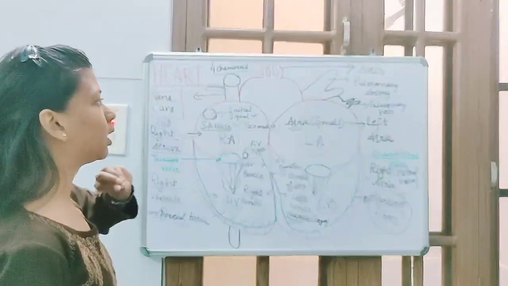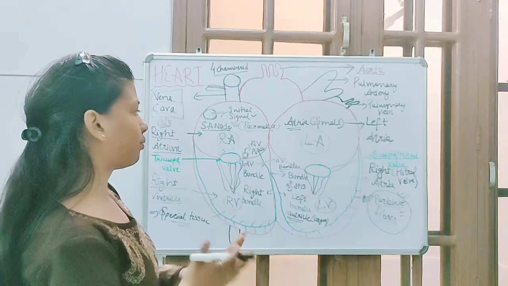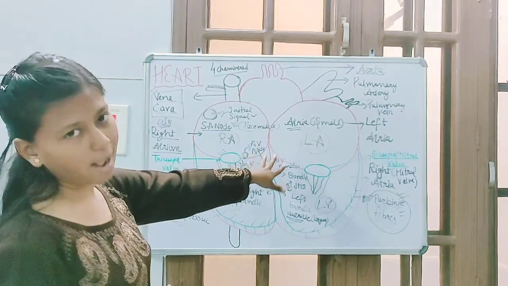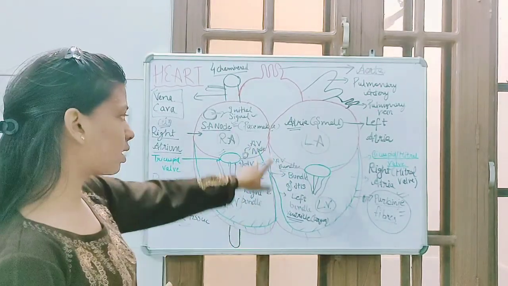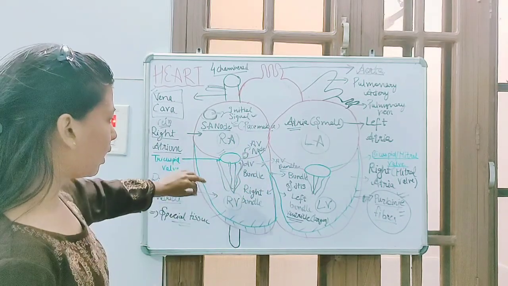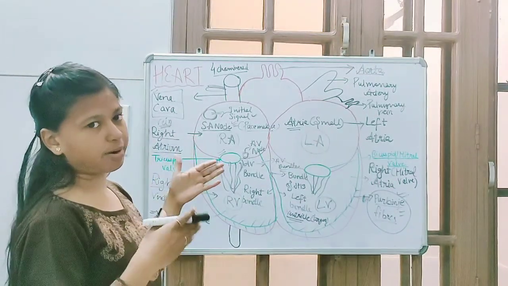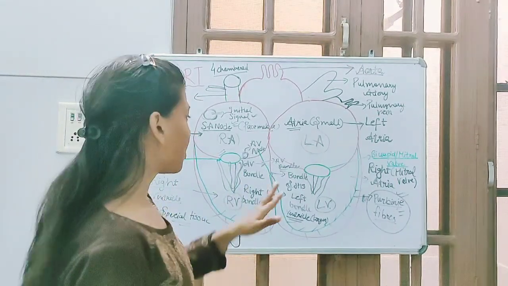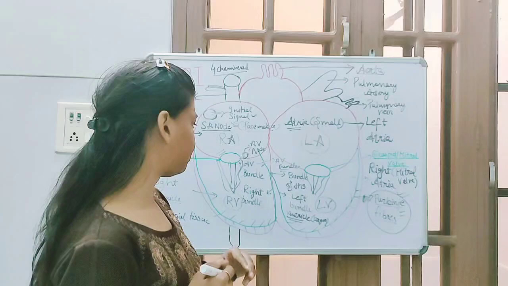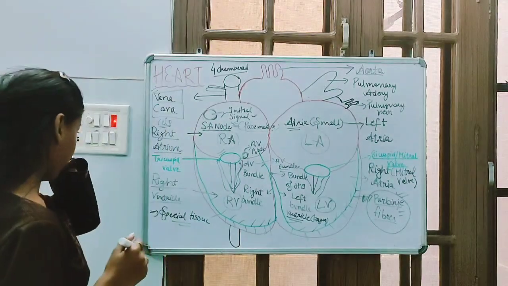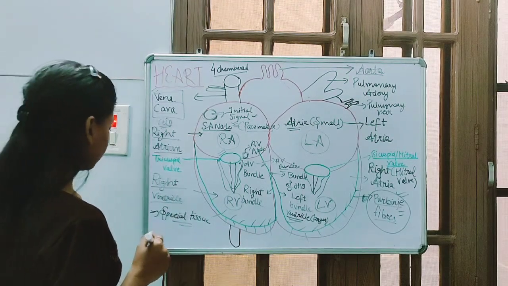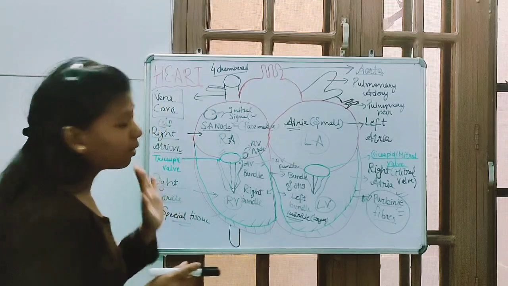First of all, we are learning the parts of the heart. It is made up of four chambers. The first two chambers are atria and the lower two chambers are ventricles. The atria are small, and the ventricles are large. In between the right atrium and right ventricle there is a tricuspid valve, and in between the left atrium and left ventricle there is a bicuspid valve. Okay, now I will explain